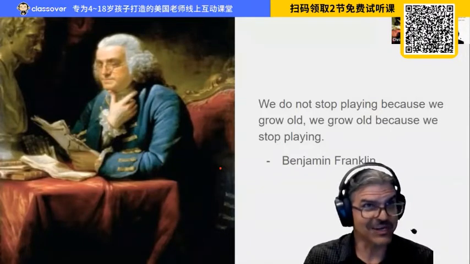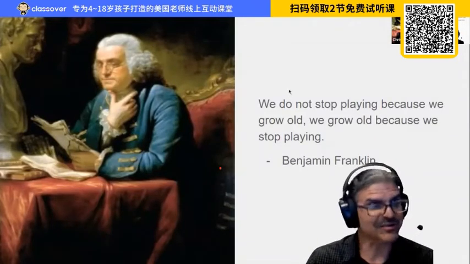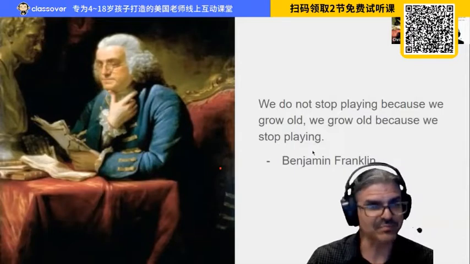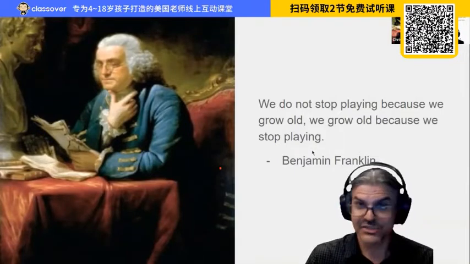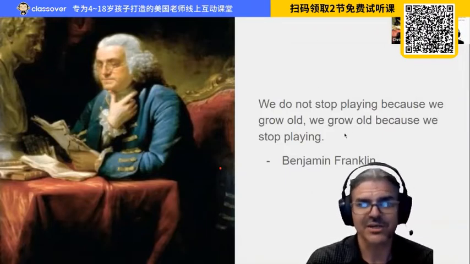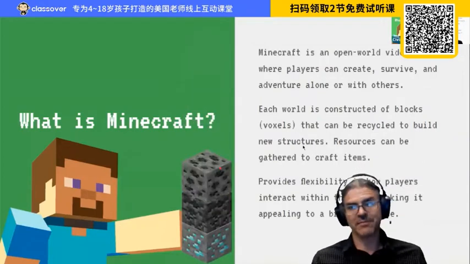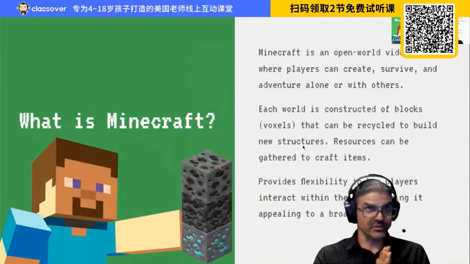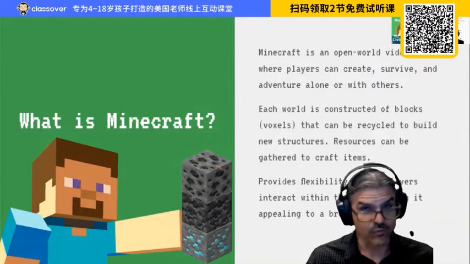So Minecraft keeps me young, and maybe it can not only inspire a lifetime of learning in your children and in our students, but also keep them young as well. So what is Minecraft? Minecraft, of course, is a video game. It is what we call the sandbox type of video game, meaning it's an open world where you can freely